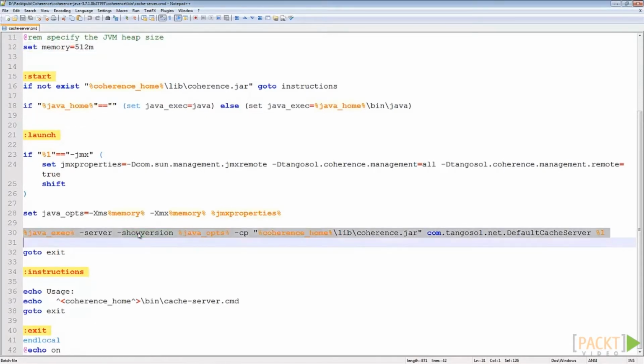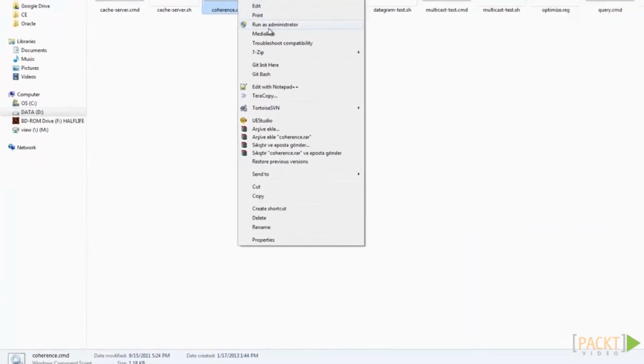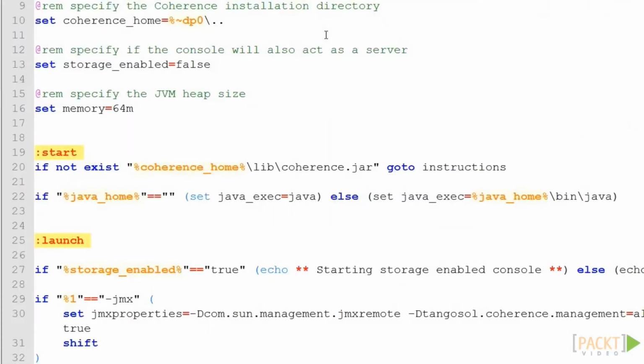The second batch file is the coherence.cmd file. It starts an interactive console for Coherence, and you can use it to run commands on the cache. This is similar to the cache server batch file, but it has a storage enabled variable. It specifies whether the console holds data or not. Generally, this console utility does not hold any data and just queries the cache, so this variable is set to